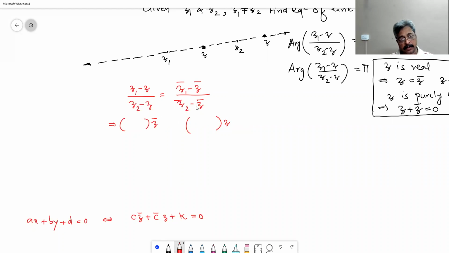So the z bar coefficient is going to be minus z1 plus z1 and minus z2, so maybe z1 minus z2. The coefficient of z is going to be minus z1 bar